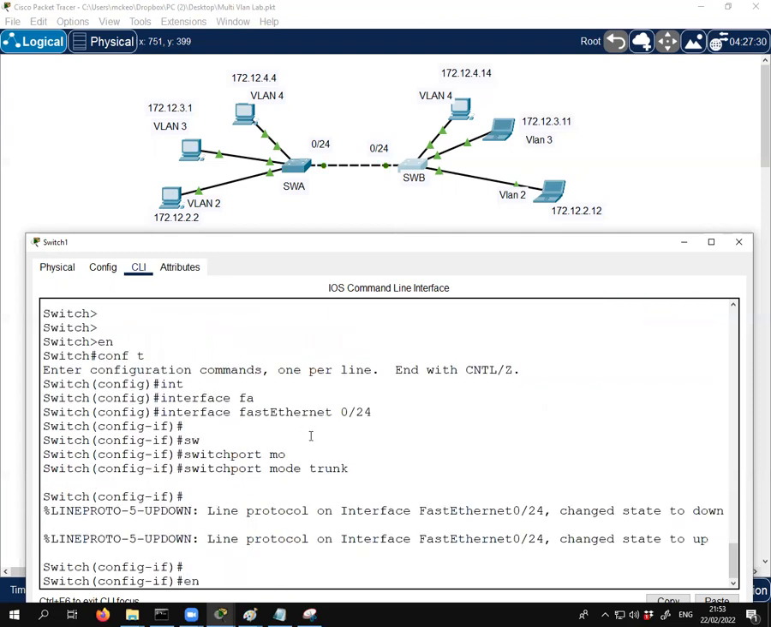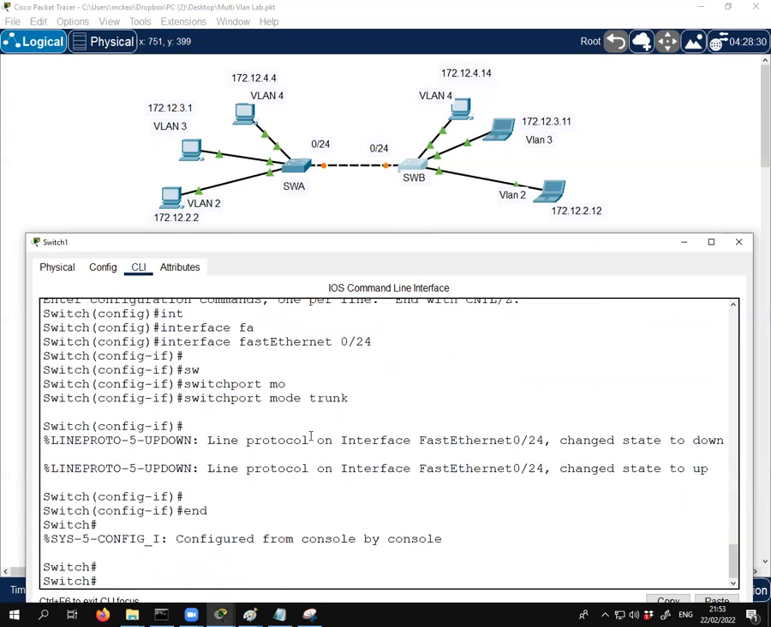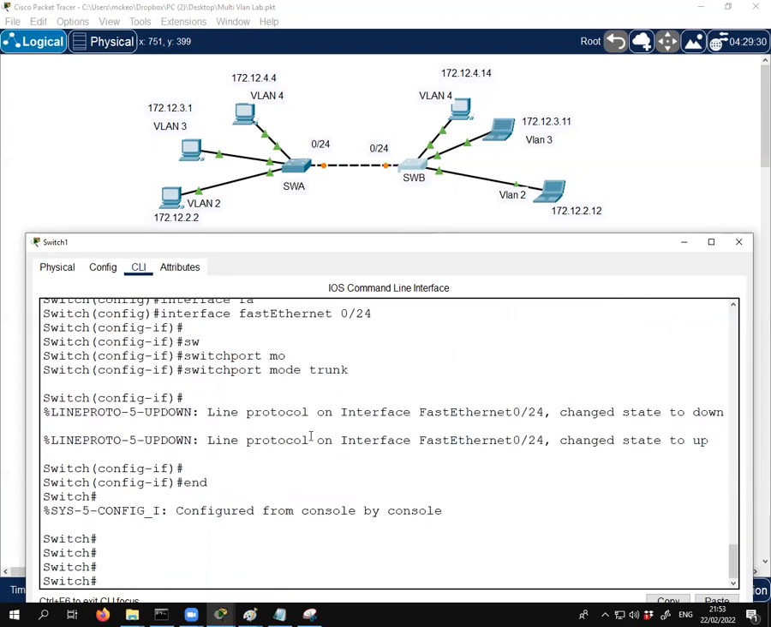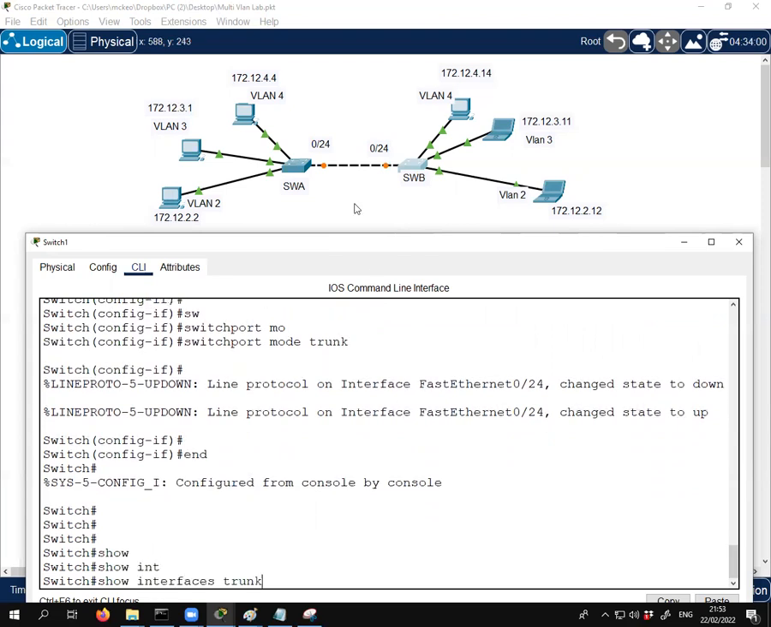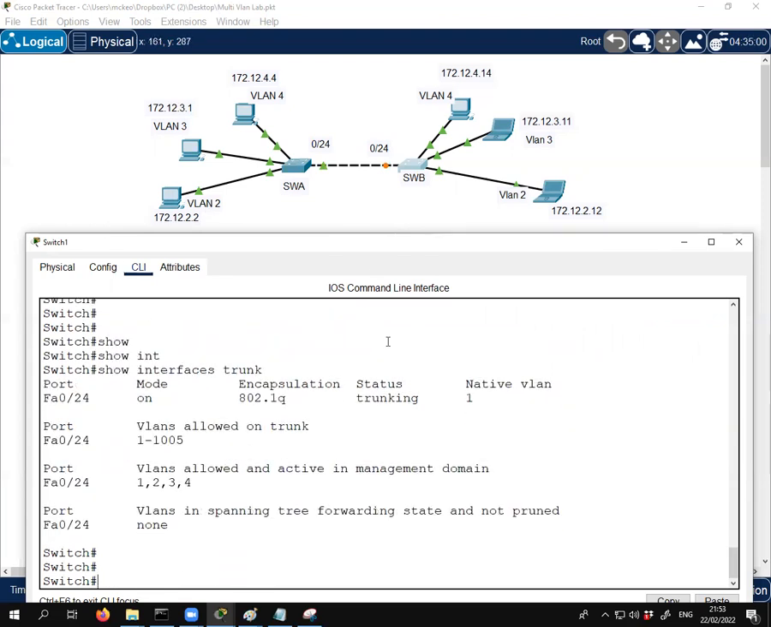So that's it. See what happens. Let's just do show interface trunk. That's how you see your trunk ports. And now you can see it trunking. If I do show VLAN,